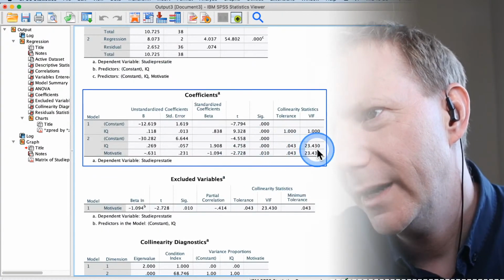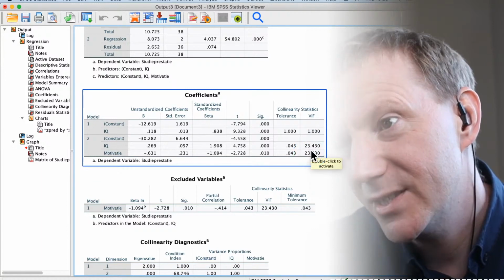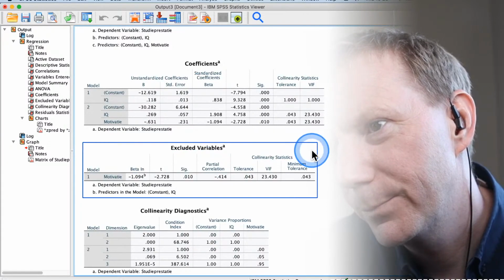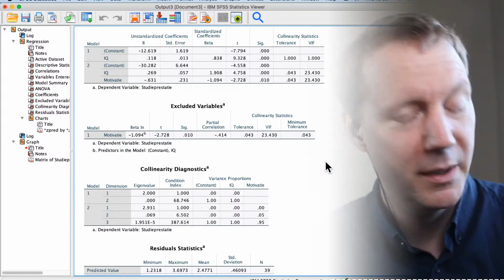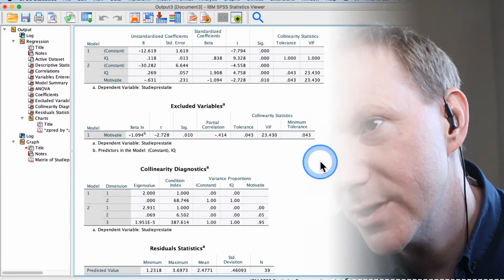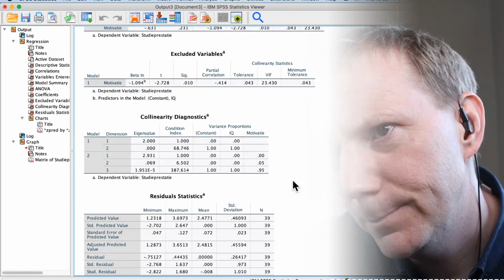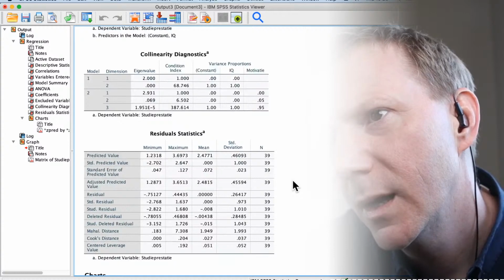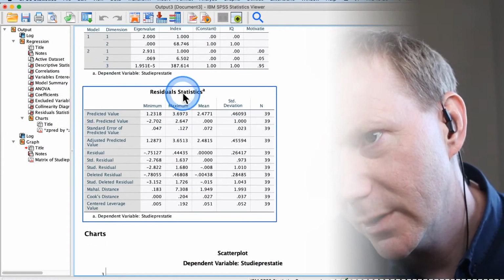So we have some collinearities. The VIF values that we've talked about in the slides are shown here. So we can look at those to determine if we have violations of assumptions. And let's see. Let's look for a second at the diagnostics, because